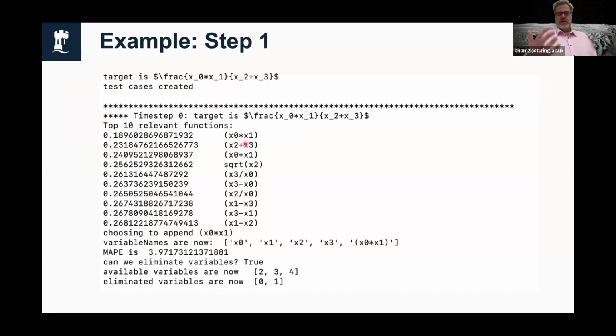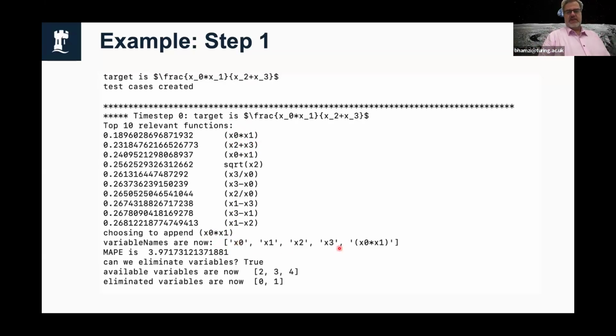So in this version of the code that I've got at the moment, we just take the top one. I think we probably need some criterion for deciding how many to take. But for now, I'm taking them one at a time. So I take the first one. So it's discovered that x0 times x1 is what it thinks is the most relevant feature. That's the highest ranked in terms of this relevance metric.